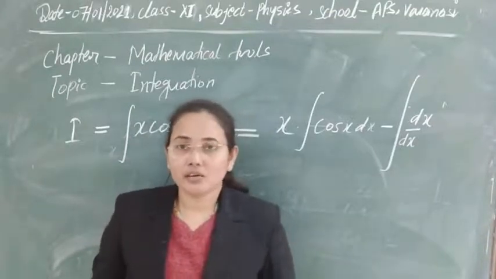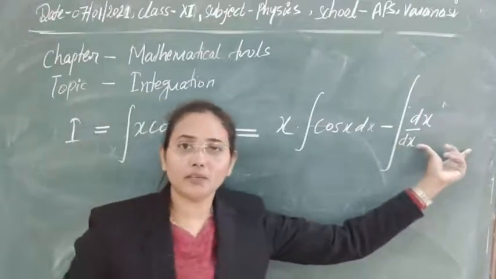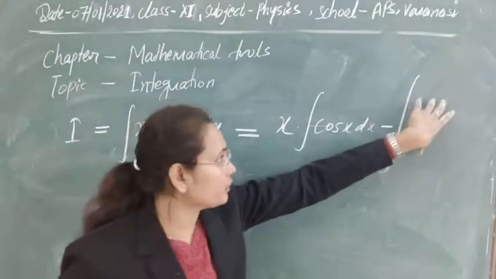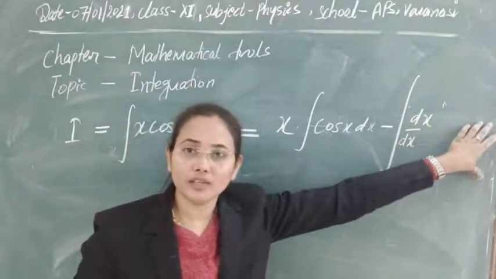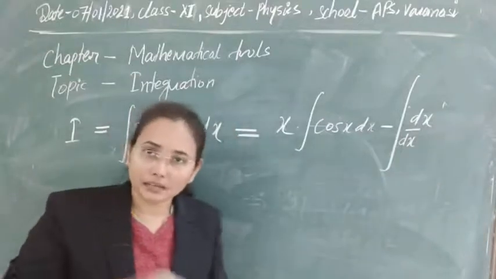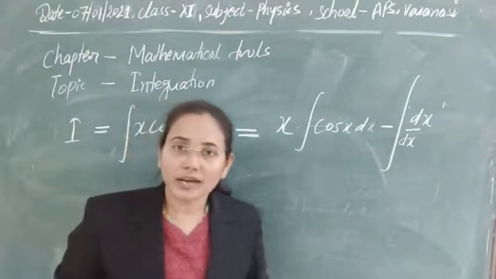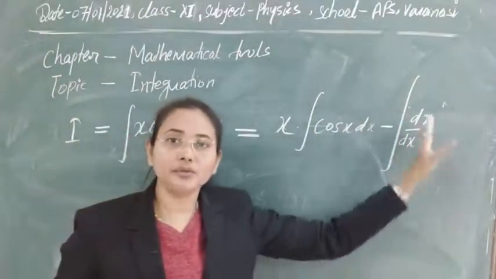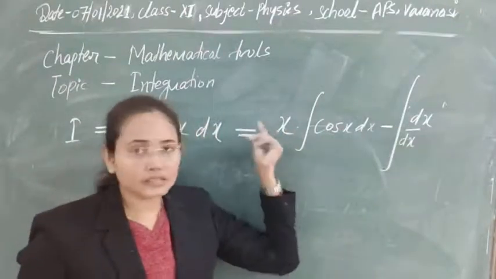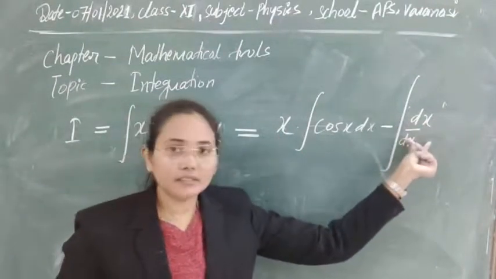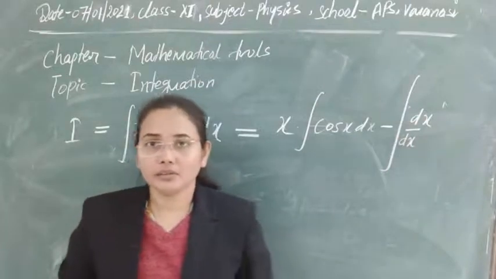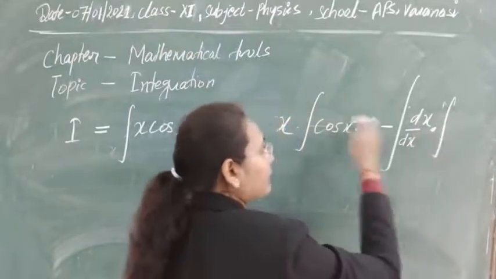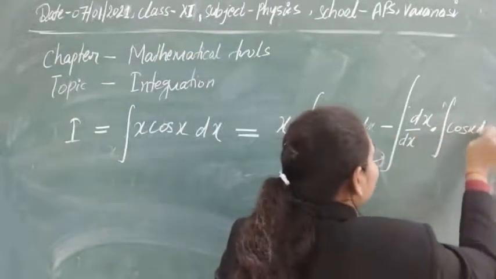Take that function outside which can reduce the multiplicative problem here. You have to integrate such types of problems in which you are differentiating one function and integrating one function, after that you are multiplying them and again you have to integrate them. So take that function outside through which you can reduce your problem. If you take x or x square as the outside function, then after differentiation obviously that function will be reduced. And again in the product you have to integrate the second function, that is cos x dx.